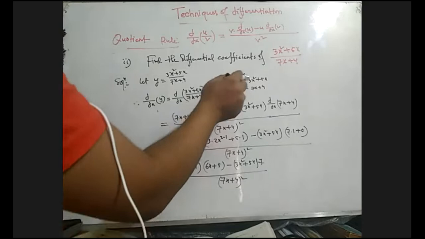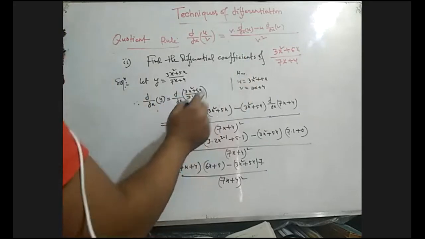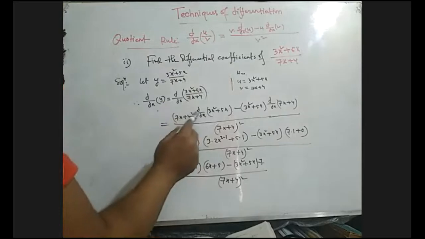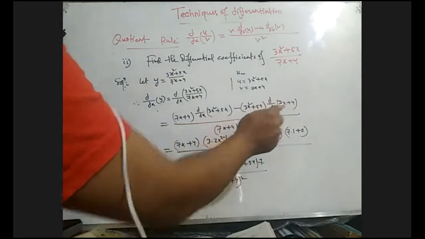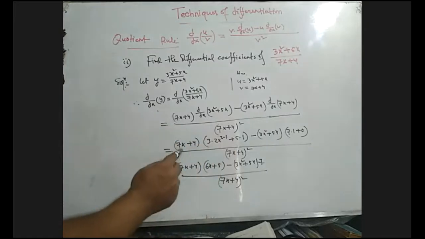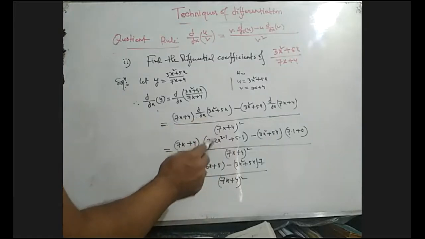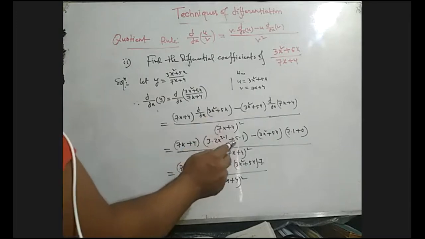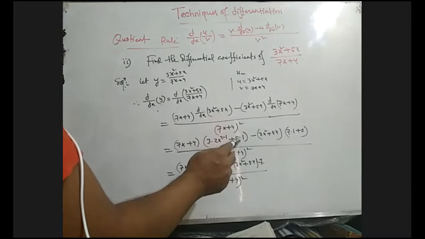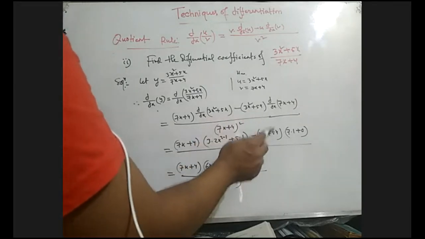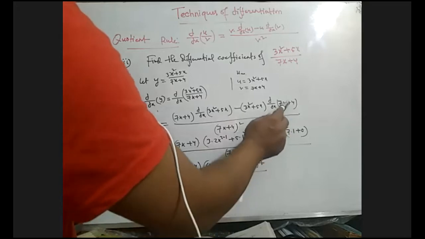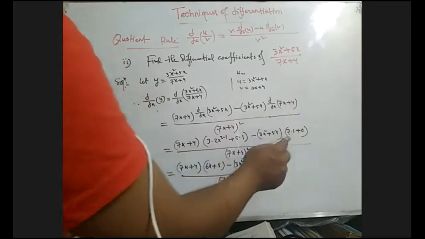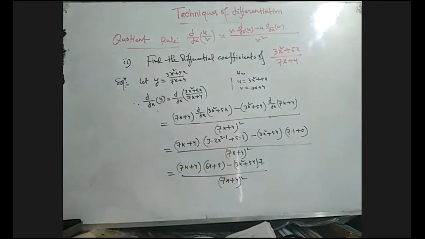So just putting u equals 3x squared plus 5x and v equals 7x plus 4 in this quotient rule, we get v into d/dx of u minus u into d/dx of v divided by v squared. Now (7x plus 4), d/dx of 3x squared: 3 will be constant, so x squared differentiation, using power rule number 1, is 2 into x to the power 2 minus 1, which means 2x. Plus 5x differentiation is 5. Minus (3x squared plus 5x) will be same. d/dx of 7x, x differentiation is 1 and 4 differentiation is 0. So we get this result. Very easy. Differentiation is actually very easy.